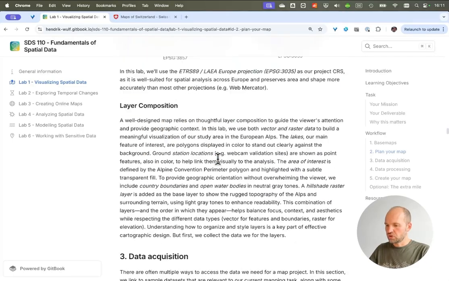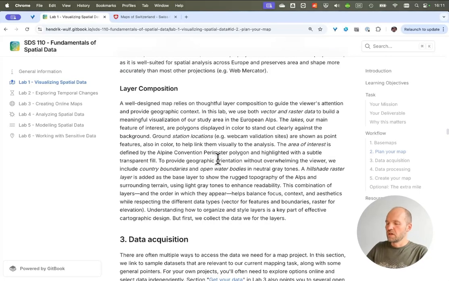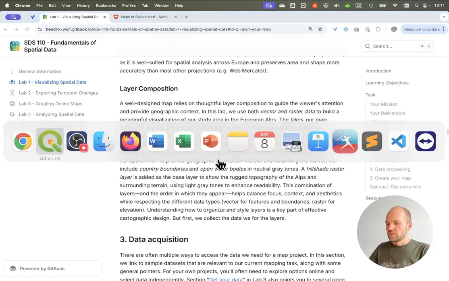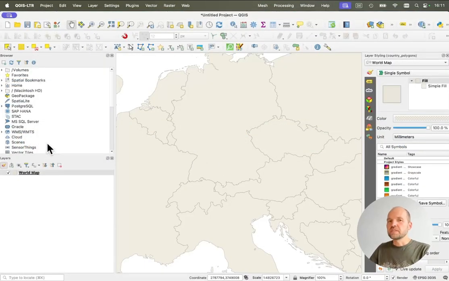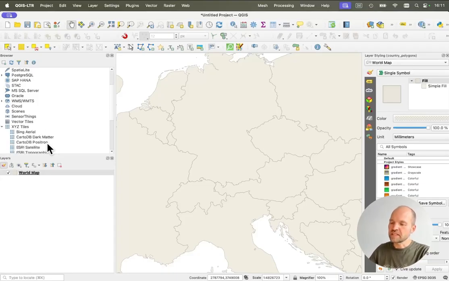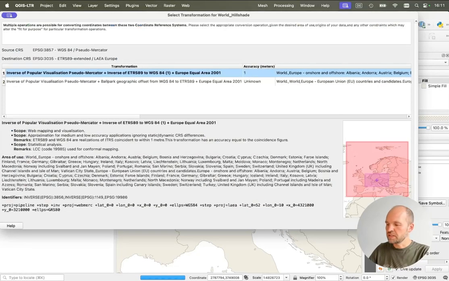you should from now on think about which layers you want to have in your map. So what I typically recommend is that you focus on the things you want to represent first and foremost. So in our case, our area of interest is the Alps, and our study object would be lakes. So for that reason, I just have the countries as an outline for reference, but what I want to use is the hillshade image,